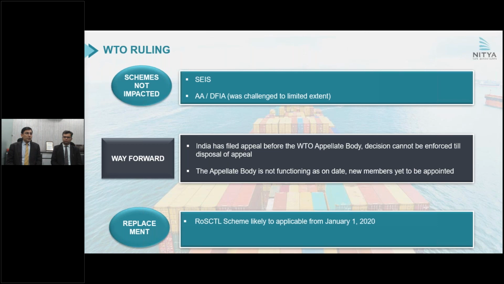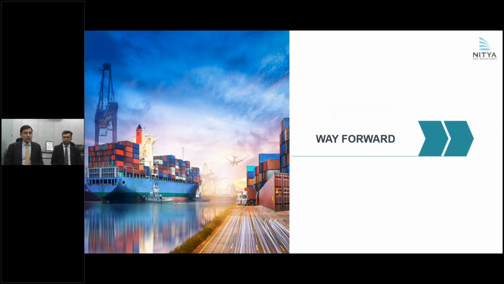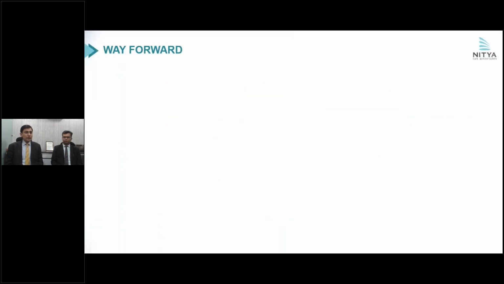India is likely to replace these export incentives with the RoSCTL and RoDTEP type schemes, which is a rebate of various taxes. It is likely to come from January 1, 2020, and this is likely to replace EPCG, drawback and advance authorization. With this, we come to the end of the session, and the way forward which we suggest to all of you is